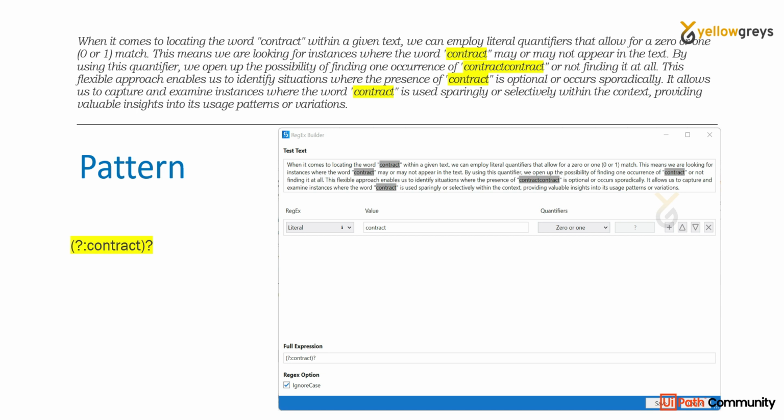Look at this screen. We have the same content here, and we choose the regex literal, value contract, and quantifier 0 or 1. It automatically adds the question mark, and the pattern is generated with the question mark. Okay, it means it selected 0 or 1 of the keyword contract. So moving on to the next